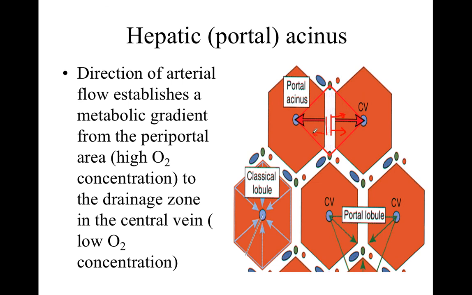There's a gradient. At the beginning here, we have the richest blood supply. As we go down, there's a reduction in the amount of oxygen and nutrients. However, this area will be exposed more to toxin compared with the area around the central vein. So this is the lecture about